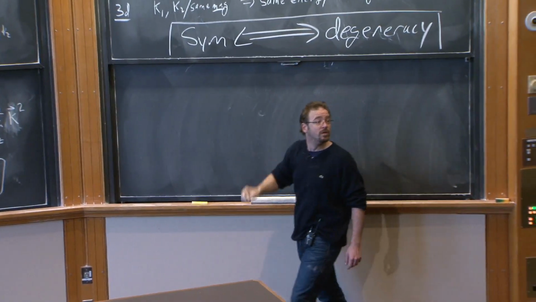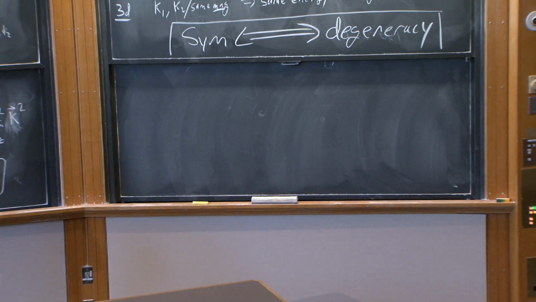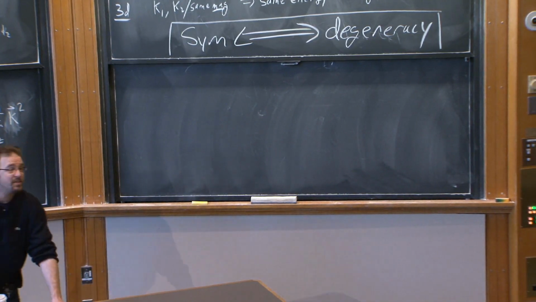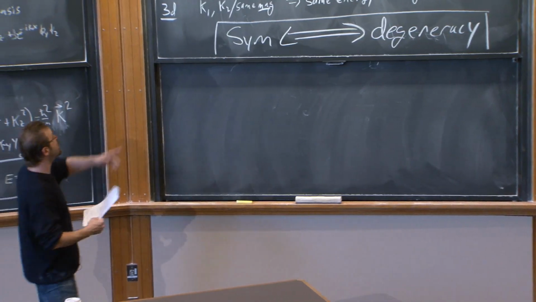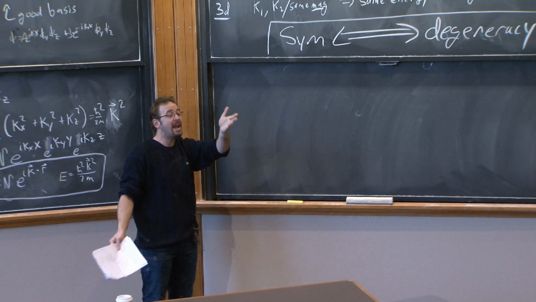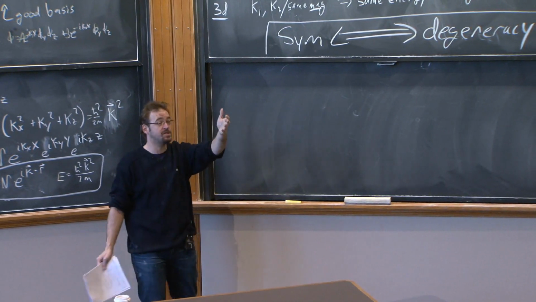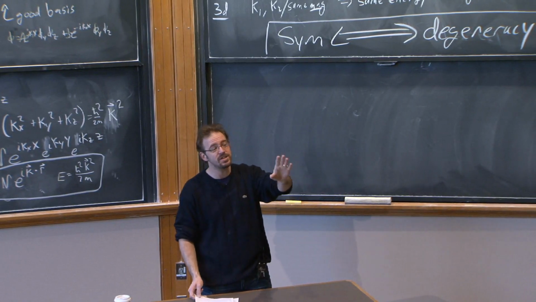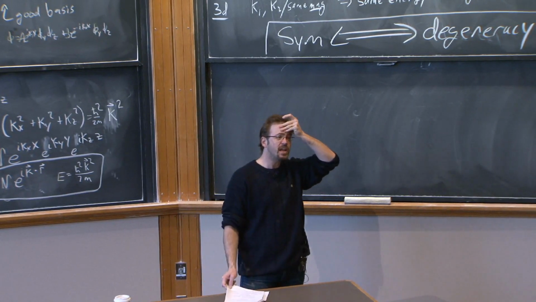Yeah? So that occurs in systems with bound states in 3 dimensions too? Yeah, it occurs in systems with bound states and systems with not bound states. So here, we're talking about a free particle. It's certainly not bound. And for bound states, we'll also see that there will be a degeneracy associated with symmetry. Now, your question is a really, really good one, because of what we found. So let me rephrase the question.